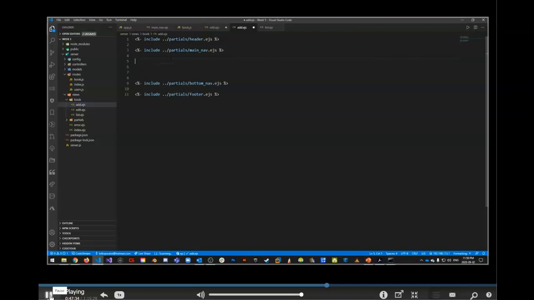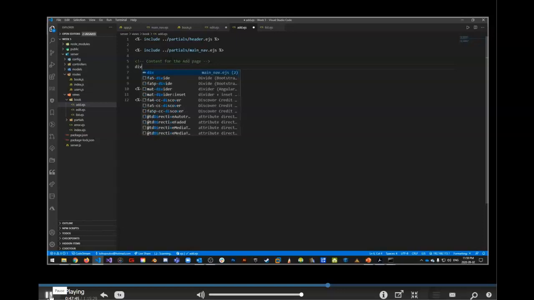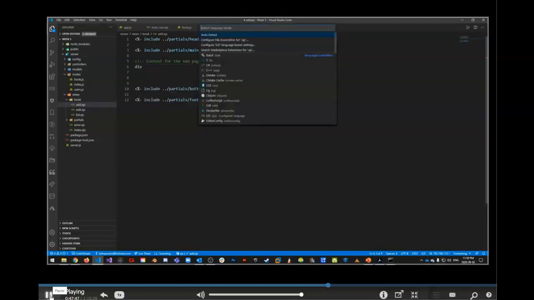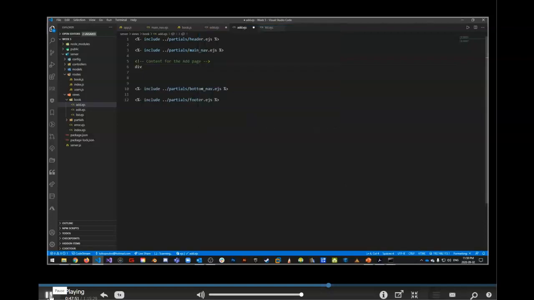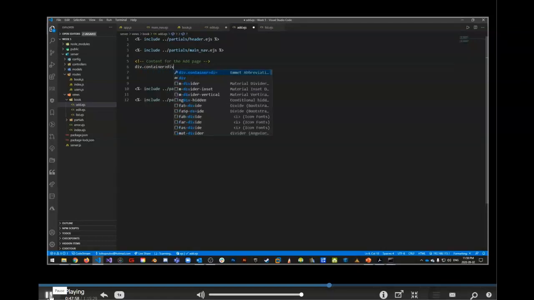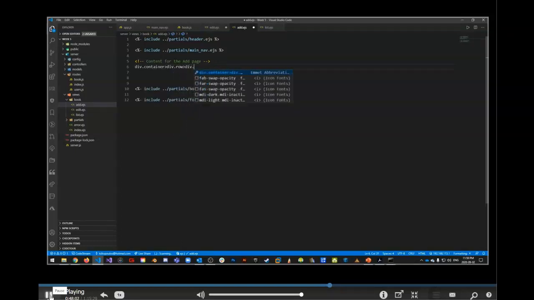So this is the content for the add page. We may use this same structure for something else. We want a div. Let's make this an HTML document again, just to make it easier for us to edit. We want a div with a class of container. Inside that, we want a div with a class of row. Again, this is all Bootstrap stuff. And inside that, we want a div with a class of